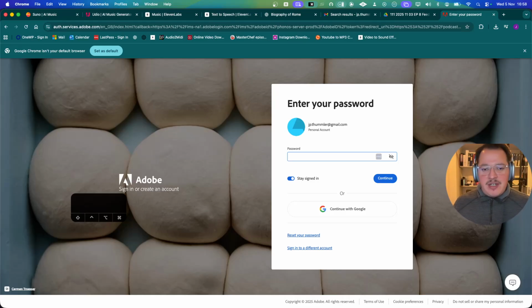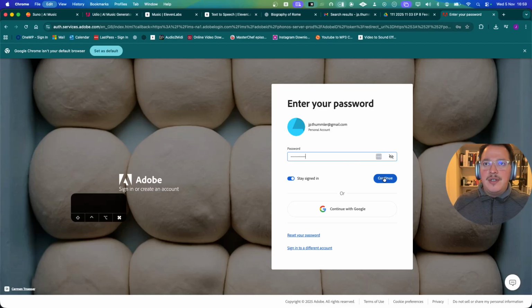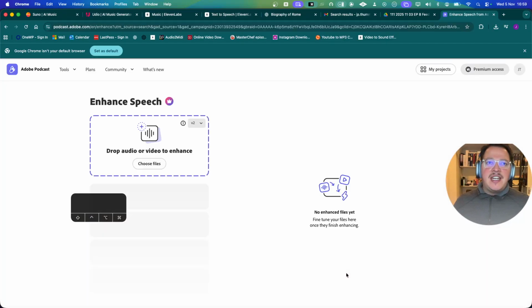It's a very basic interface where you upload your audio file of the voice that you hear. Let me see if we can get an example of this. Here's my password. And it adds processing, it removes background noise, it literally enhances the audio.